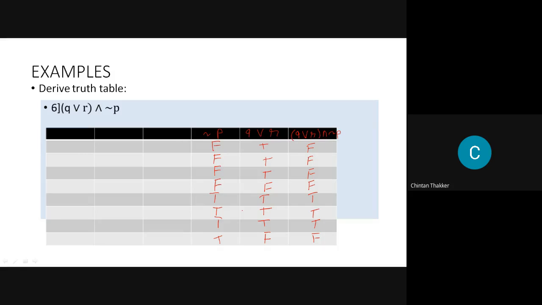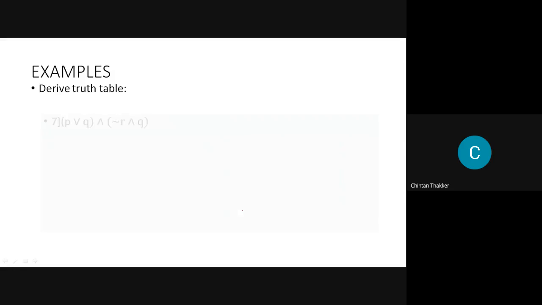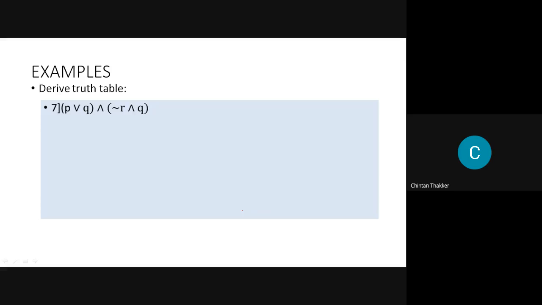Okay. Then next we have this. Now derive the truth table of this compound statement.